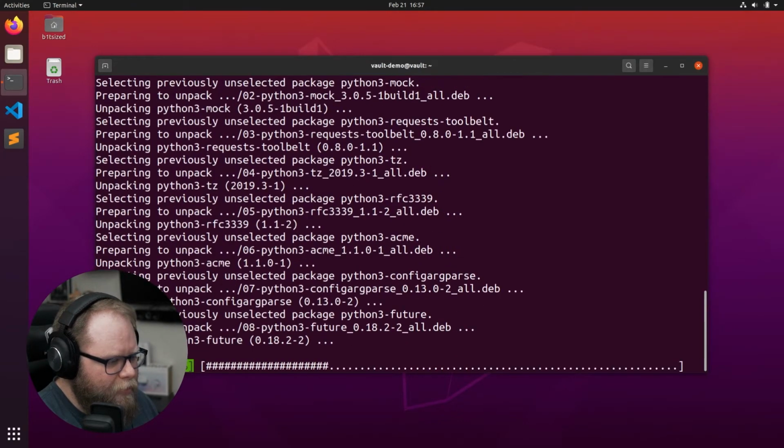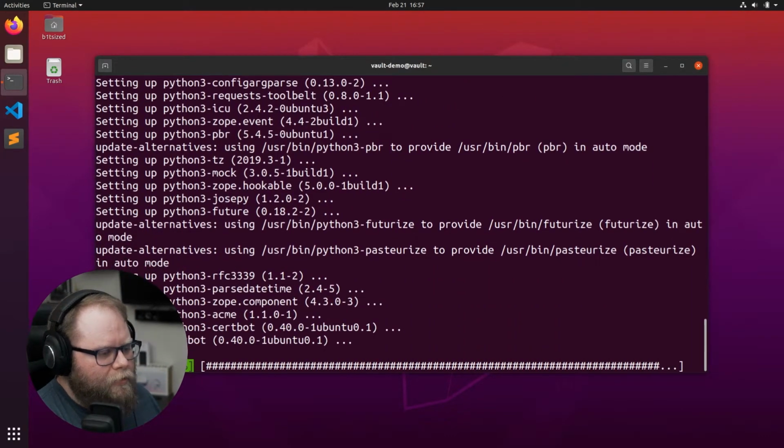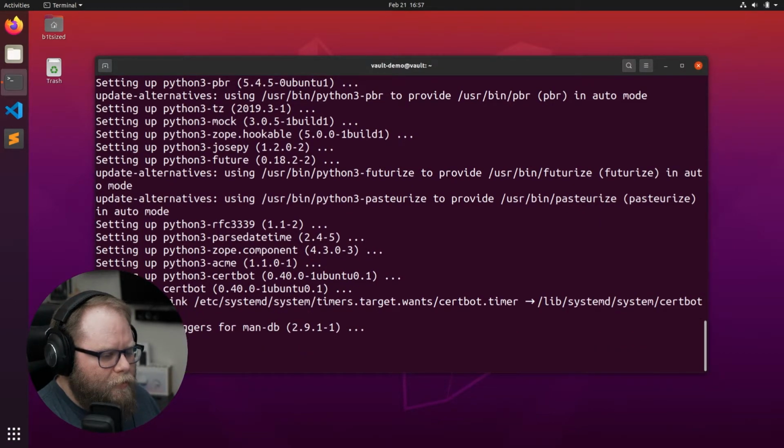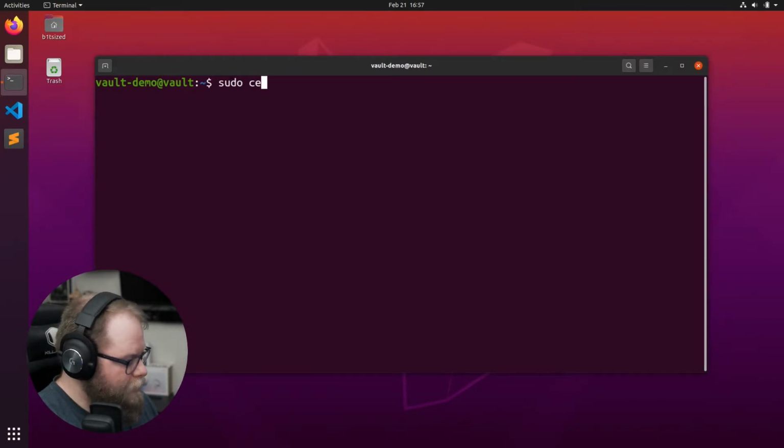Yes, I should have put a -y flag in there, but it's fine. It doesn't take that long. Alright, it is installed. So the next command you're going to use is sudo certbot